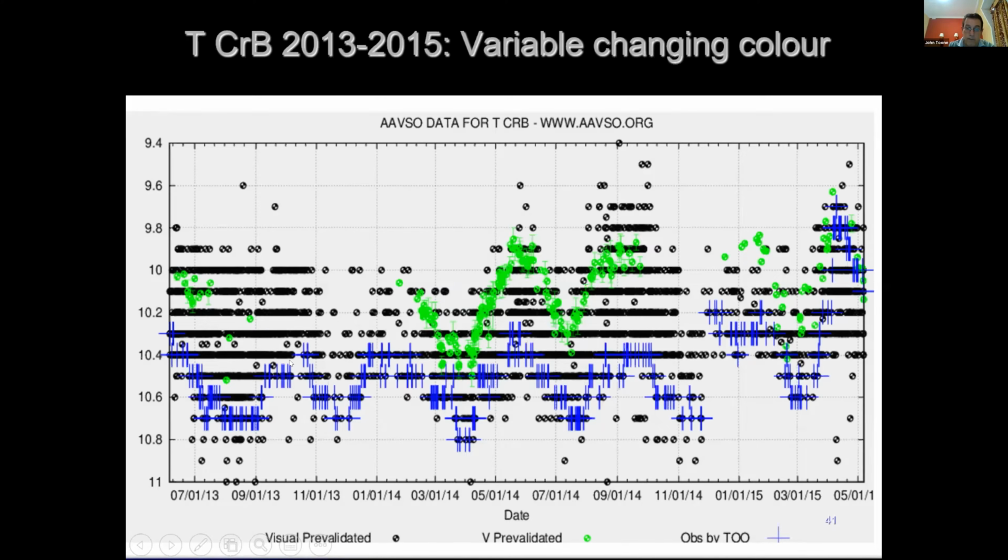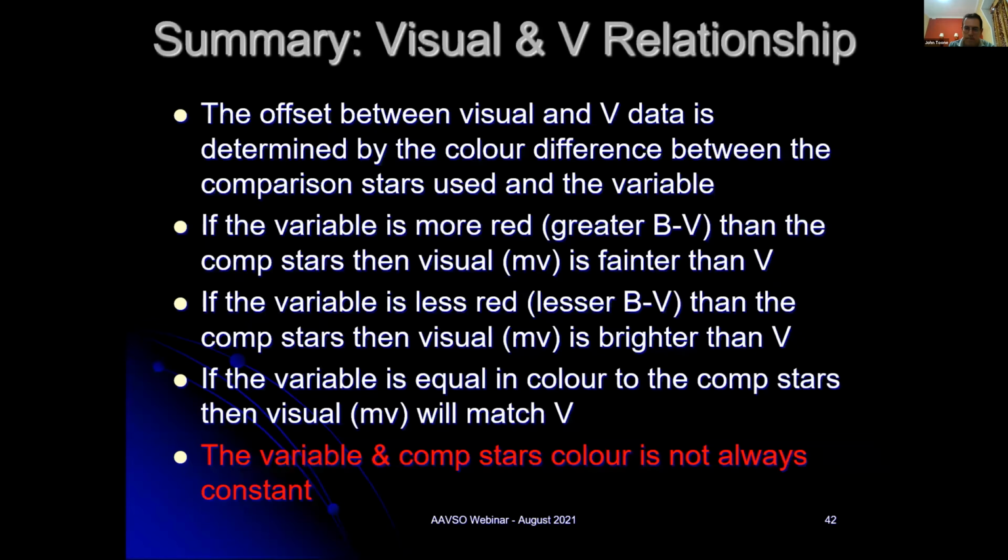And so if you want a full record, a more complete, accurate record of the variation which is happening here, which is ellipsoidal variation of the variable star in its quiescent state, and then it goes up into maximum, and then the difference between V and visual reduces from 0.4 of a magnitude to 0.2 of a magnitude because the variable becomes more blue.